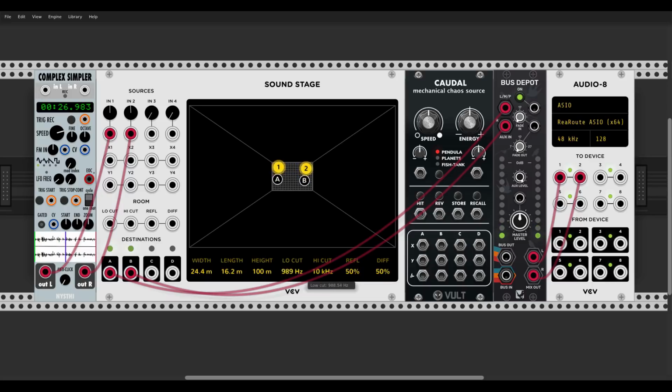from 10 Hz to 2000, and we have also high cut, 200 Hz to 22 kHz. We can also control the amount of reflections,